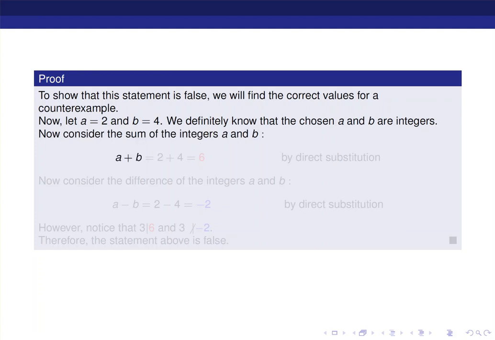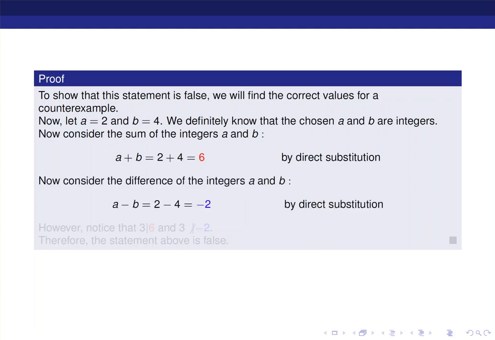Now consider the summation of a plus b, which ends up being 6. And if you subtract, a minus b, you end up with -2. It is clear that 6 can be divided by 3 because 6 can be written as 3 times 2. And it's also pretty obvious that -2 cannot be divided by 3 because -2 cannot be written as 3 times some integer. So this shows that 6 can be divided by 3, -2 cannot be divided by 3,